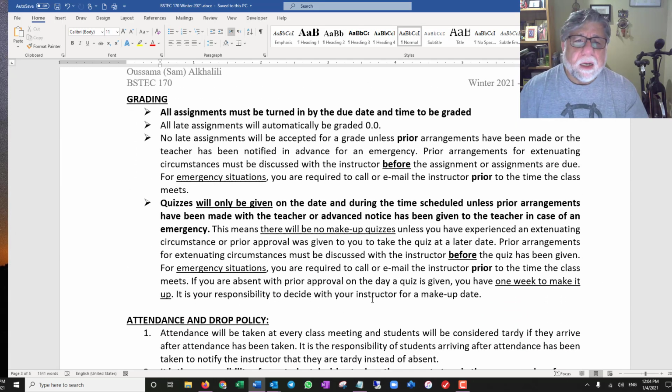Grading: I do accept late assignments, but I will take points off for each late assignment, up to 30 days from that point, and I will not automatically give zeros. So if you turn in a late assignment, you'll get partial credit, and I will provide you a rubric of how I'm grading your assignments. I will hide the names when I grade the assignments. I do not see who I'm grading, and I'll just provide it to you when it's done.